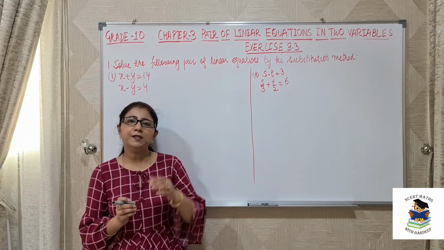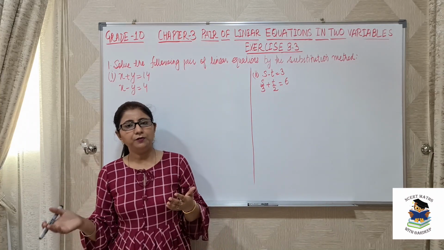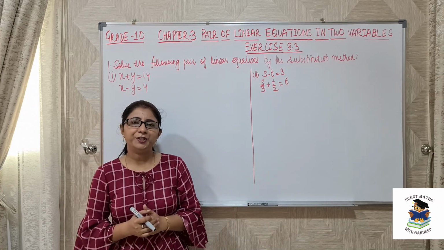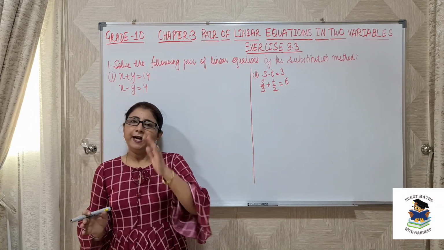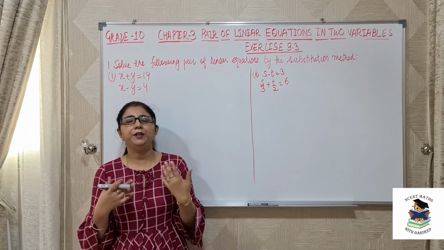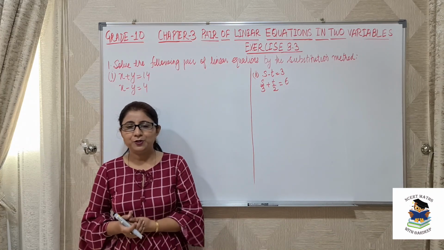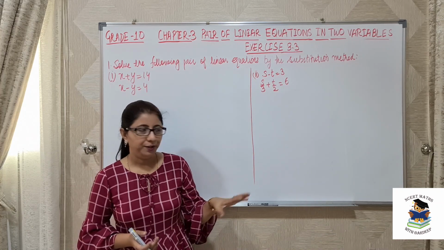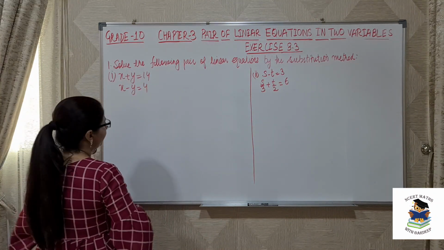What we need to do is we will find the value of one variable in terms of another variable from any one equation and substitute that value in the second equation, and then our equation will be reduced to a linear equation in one variable, and then we will solve for the value of that variable. So let's see. Here first equation is